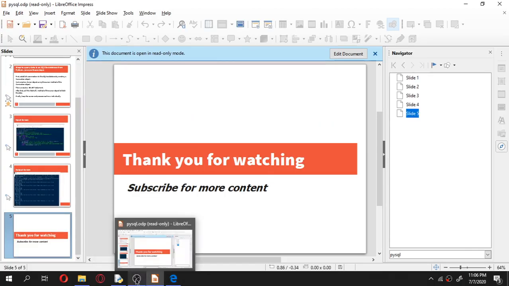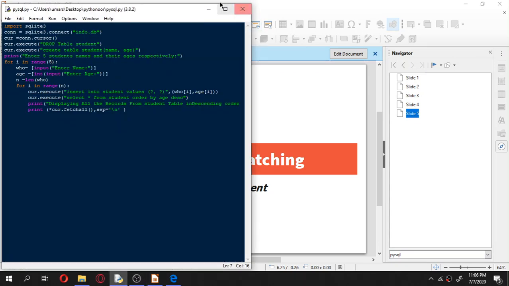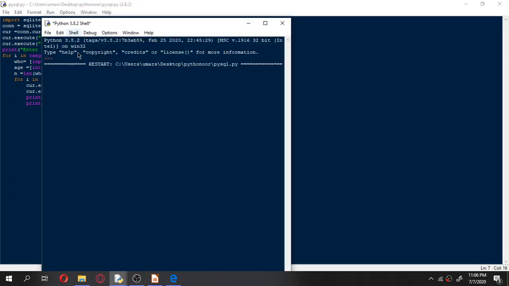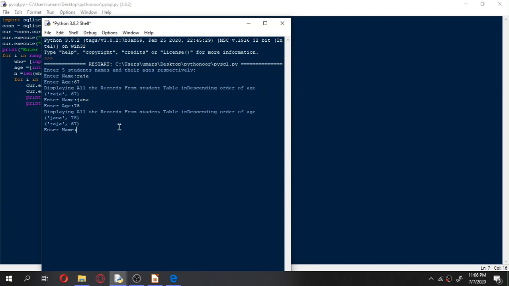Now let me show you how to run the program from the Python screen. Okay, so you can see the program over here. This is the program. Once you run the program, you get this particular screen, and then enter the values. I am giving the values of a few students and their ages. So you can see how the display goes. Now I am giving another student name and age. And now you see 78 is the age of the other student, and it has gone up. Now I am giving another student whose age is a little lesser, so you can see it comes to the last.